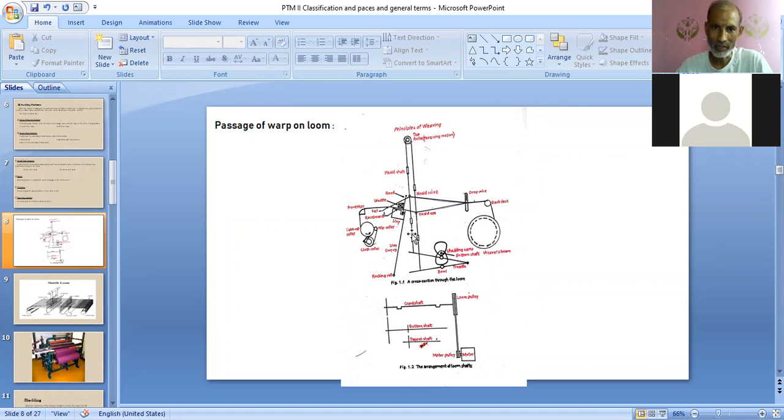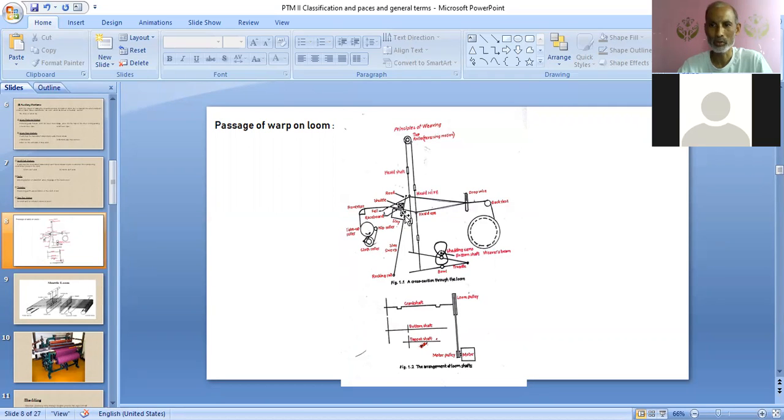When the heald frames are lifted and lowered, the warp threads are divided into 2 layers, forming the shed, which is known as shedding. And after that, this shuttle moves from one box to another box with the help of the picking mechanism, which is known as picking. And after the insertion of